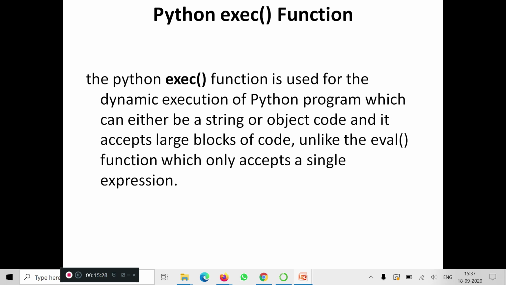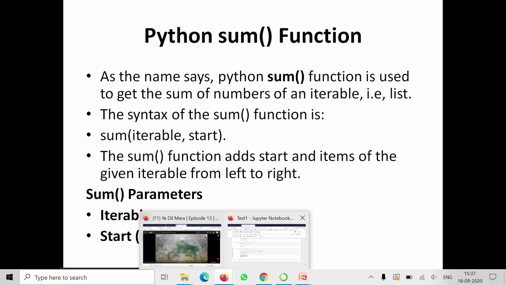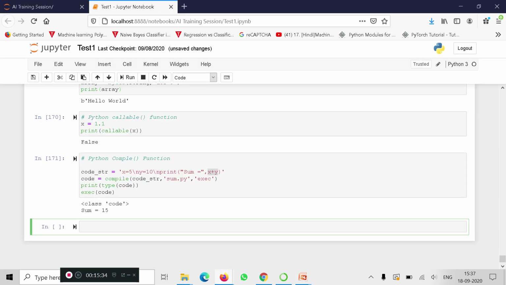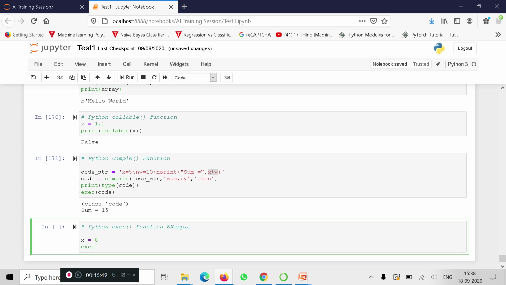So let's get to an example of exec before we move to other functions. Python exec function example. If x is equal to 8, exec of print x equal to 8,